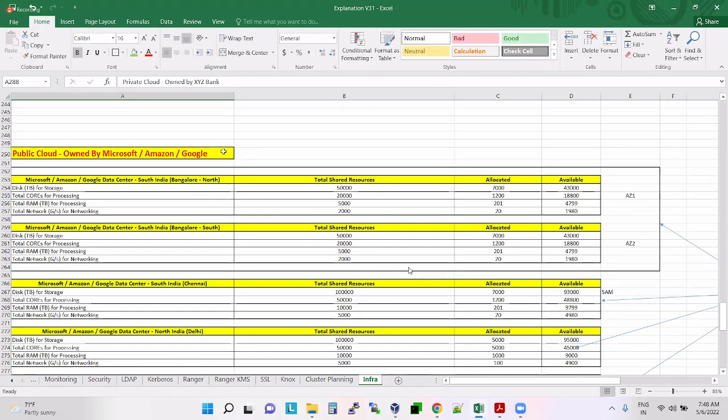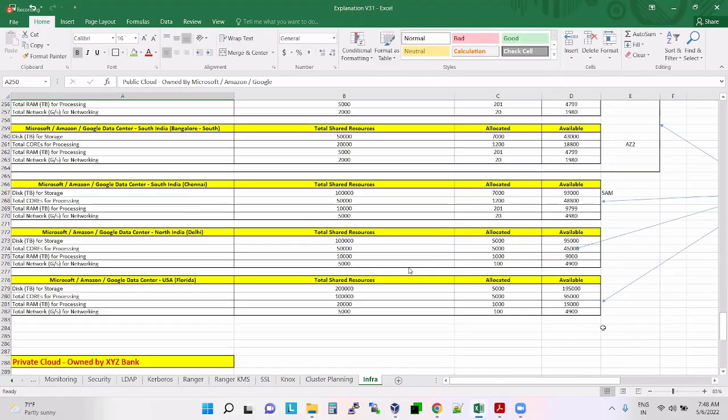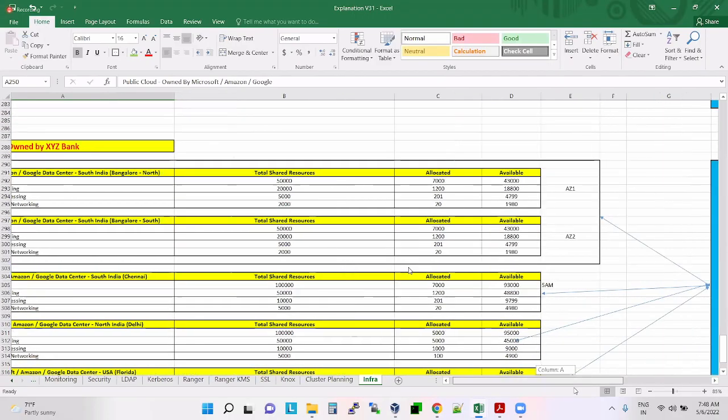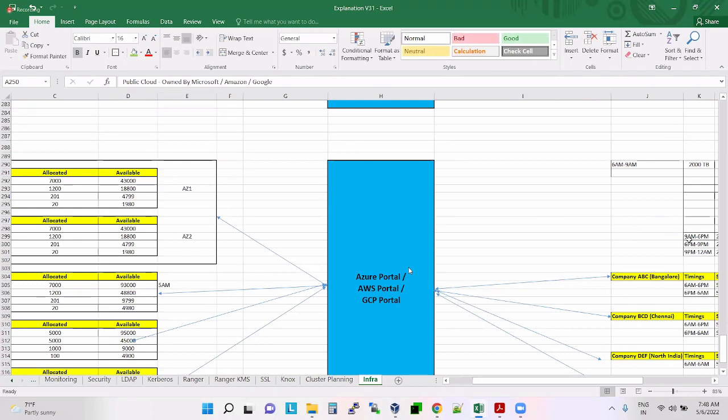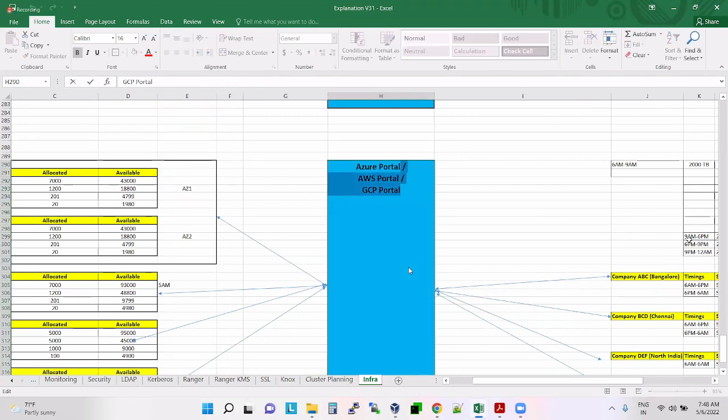It is the same infrastructure, the same model, which these people are replicating. So here, instead of their portal, you will have the XYZ portal.